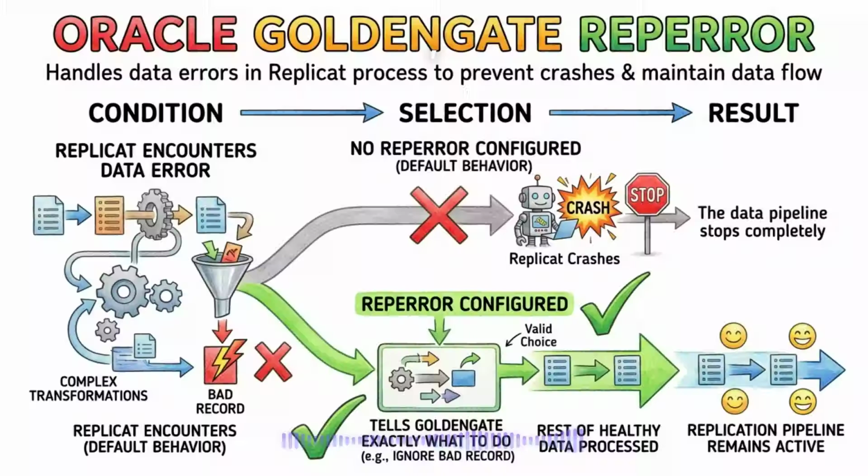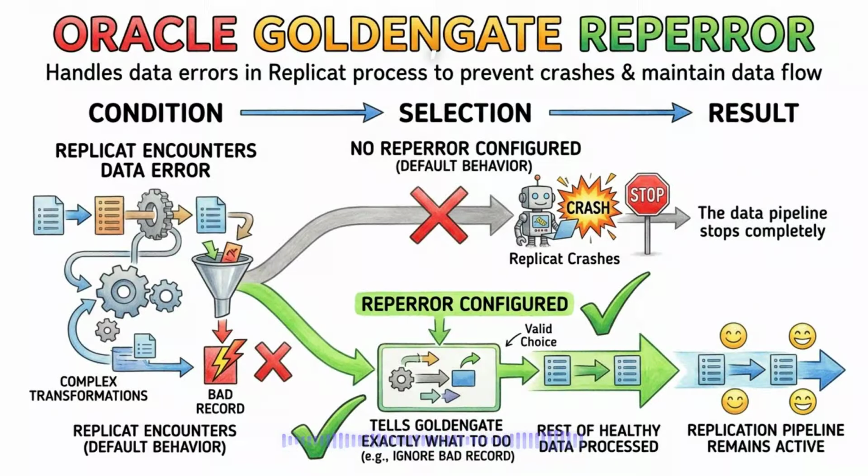Beyond simply renaming columns, you will frequently need to change the actual data values themselves while they are traveling across the network. This is known as data transformation, and it involves applying specialized GoldenGate functions to alter the payload before it is written to the target database. For example, you might need to force all customer email addresses into lowercase letters, or strip out dashes from phone numbers. Transforming data on the fly prevents you from having to write complex cleanup scripts after the data has already landed